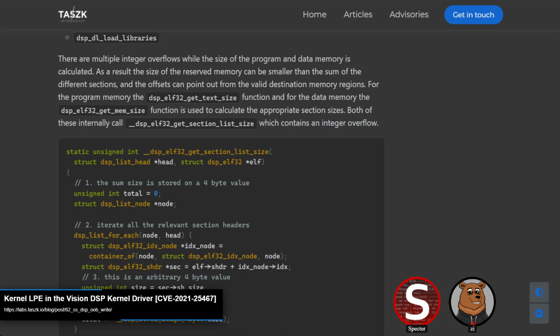And as another example, when they're processing segment offsets, those too are vulnerable to integer overflow and can lead to a relative out-of-bounds write. Unfortunately, like Z hinted at earlier, exploiting this issue would require system app or vendor init privileges. And that's because while the device driver is accessible to everybody and is even reachable by untrusted apps in the SELinux